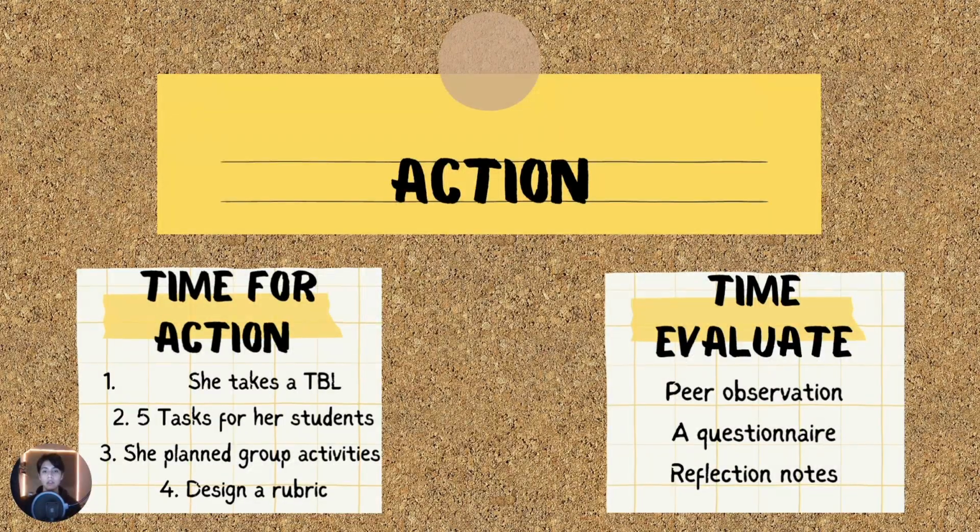Action research. She takes a TBLT approach, which means task-based language teaching. Second, she makes five authentic tasks for her students to do teamwork. She plans group activities based on reflection notes. She takes care to assign specific roles to every member of every group. She designed a rubric to help her students with self-evaluation, and here she also said that she did a pre-observation. She organized for three English teachers to observe her grammar lesson and answer some questions, a questionnaire to get the students' opinions, and reflection notes, designed with questions to focus and guide her reflections.